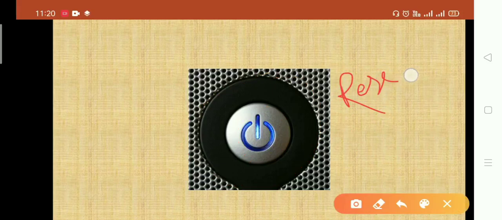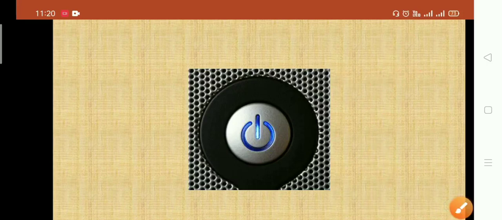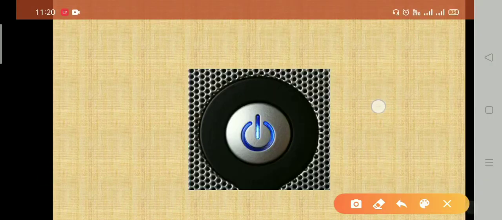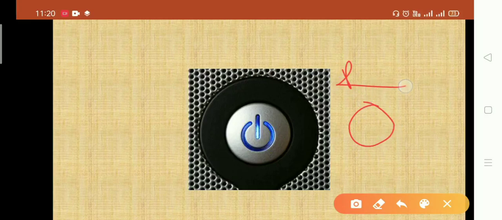And the reset button, below that we have a reset button. This kind of reset button, or a similar kind of reset button, we will have in our CPU. What is the difference between the power button and the reset button?